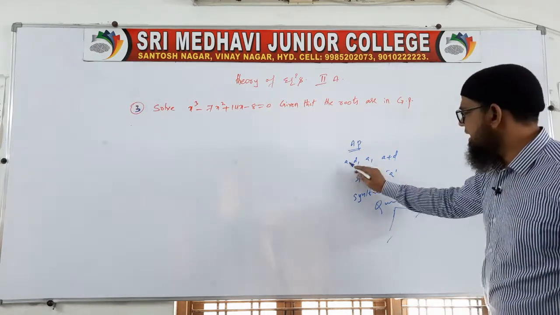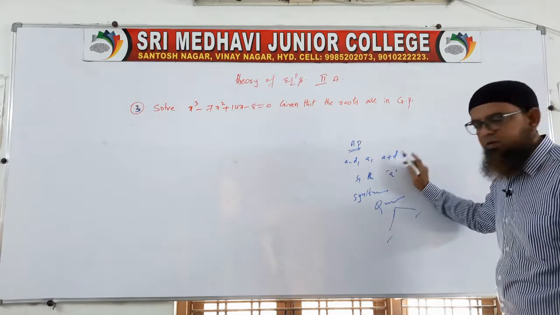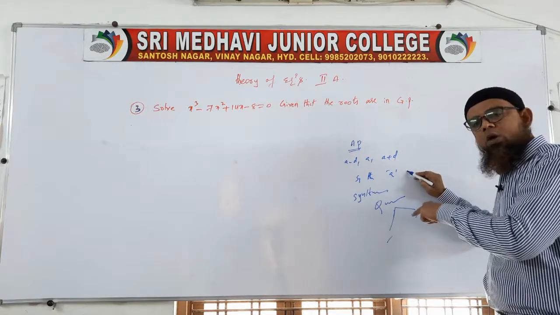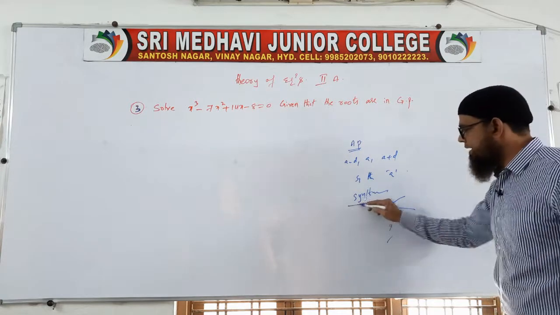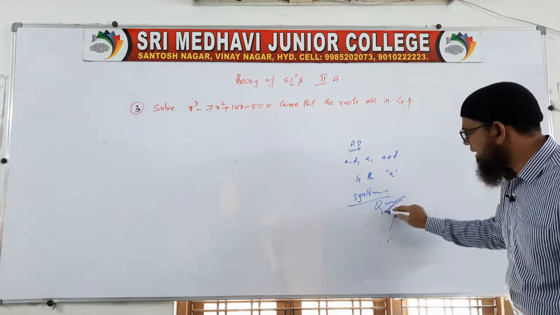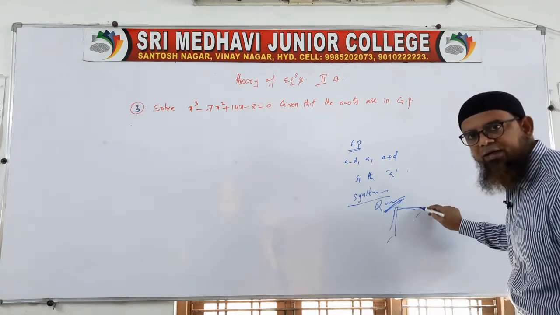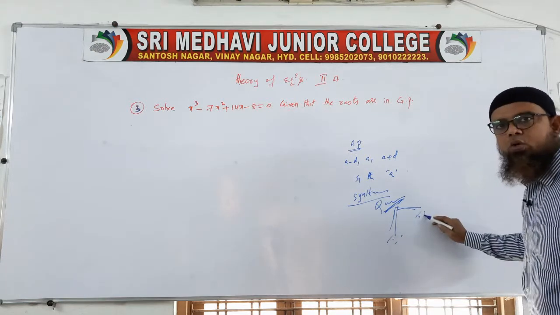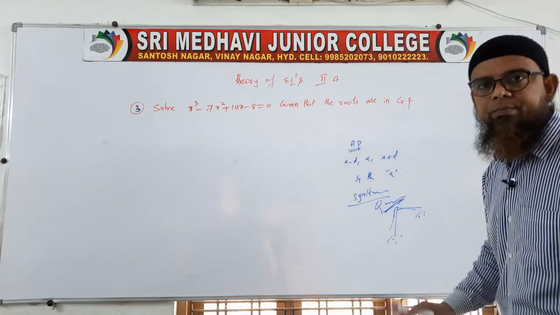One more time, a minus d, a plus d are the roots. We are applying the S1 formula, from that you will get a value, and by using this a, we are doing synthetic division. After doing synthetic division, you get a quadratic equation, split it into factors, and you will get 2 roots here. The first one is 1, these 2 are 2. So totally 3 roots, the problem is over.